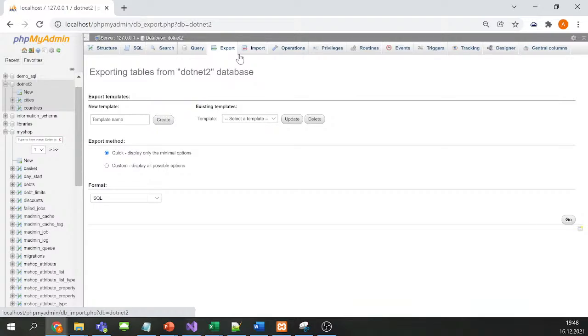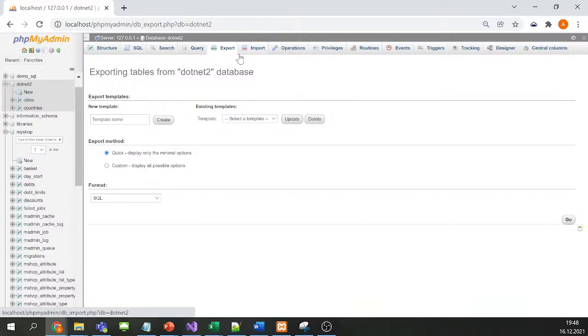I want to export the structure and the data. I can select some parameters, but let's not go deep there now. So press go, and it will export my database